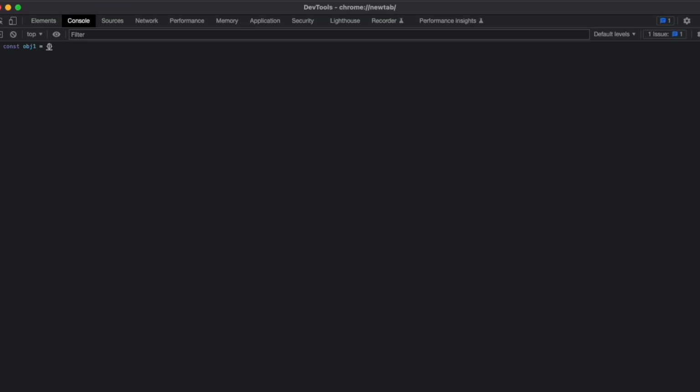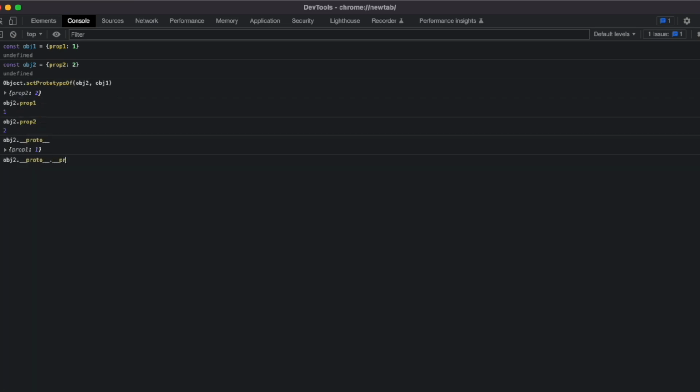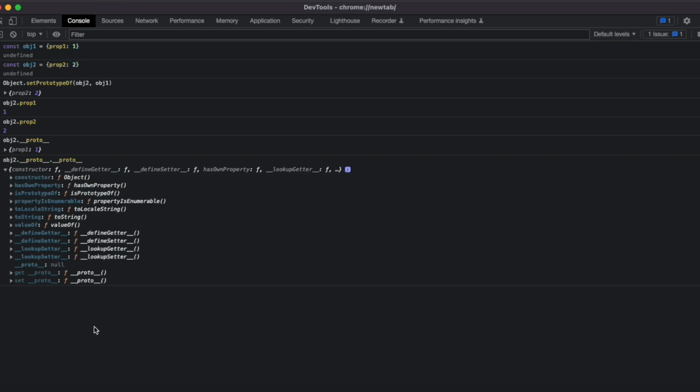Another way to set an object's prototype is to use the setPrototypeOf method, and it accepts two arguments, one being the target object and the other being the source, with the source being the actual prototype that you want the target to inherit. And we can test that using the same methods as before,